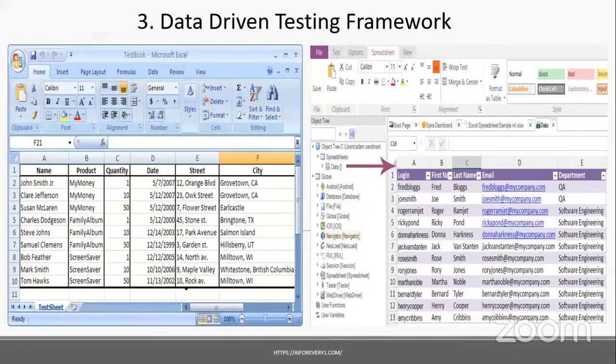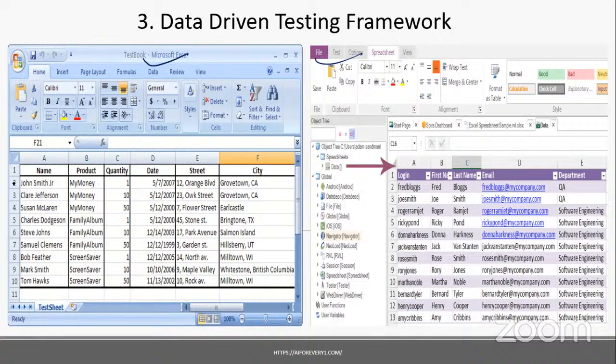One simple example: end-to-end test scripts in different modules you have created, but the test data will come from either an Excel sheet, MS Access, or a database like MySQL. It can be anything according to the project.